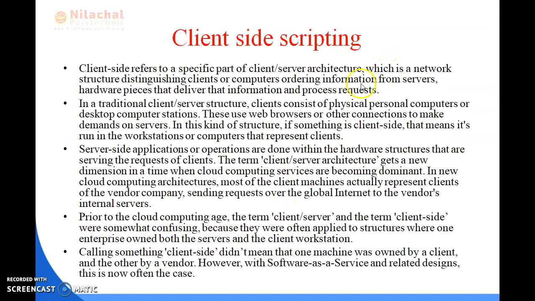Let's see what is client-side scripting. Client-side refers to a specific part of client-server architecture, which is a network structure distinguishing clients, or computers ordering information, from servers, hardware pieces that deliver that information and process requests.